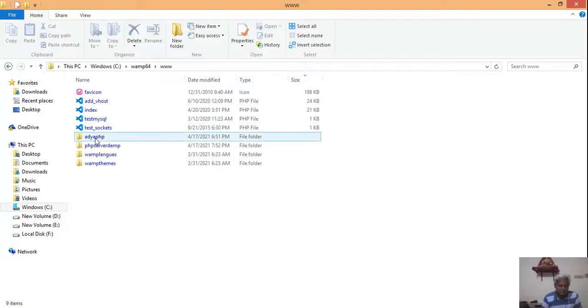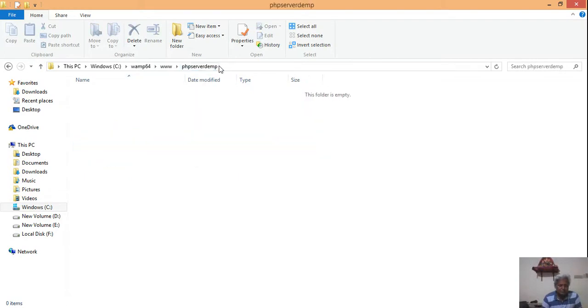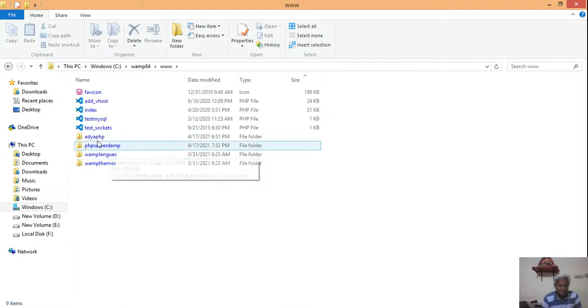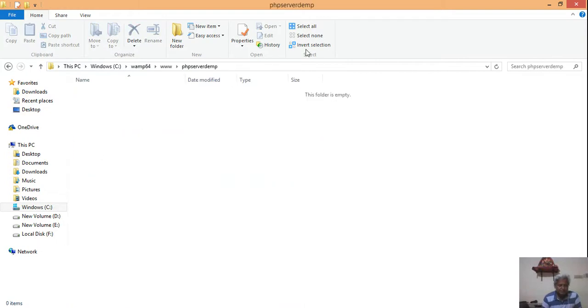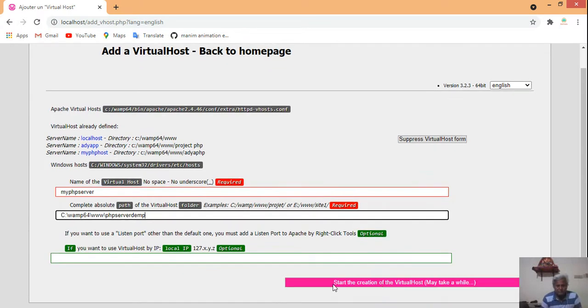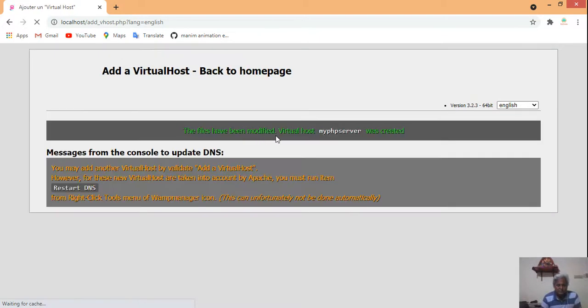You can copy the path from here with Control C and paste it here with Control V. Now click to start the creation of the virtual host. The file has been modified, and the virtual host my PHP server has been created.